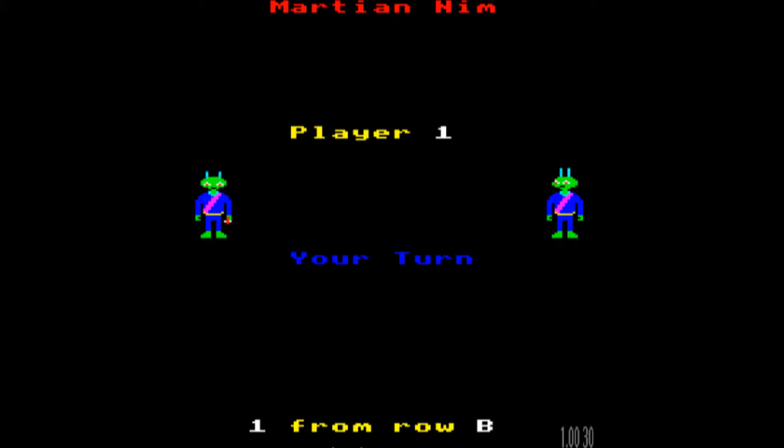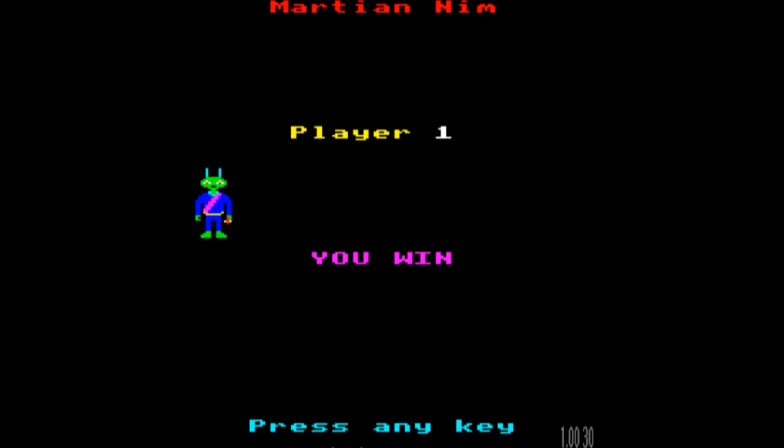And there we go. Firing away. And that's our last Martian destroyed. And we've won. Now, I have to say, one of the things that did used to frustrate me somewhat